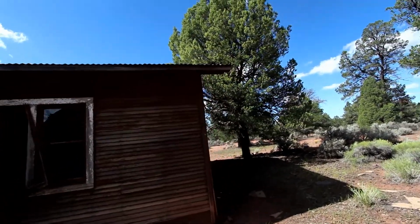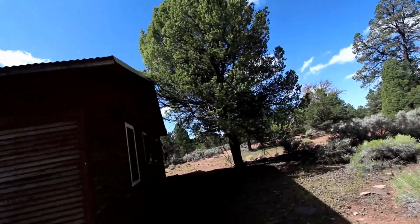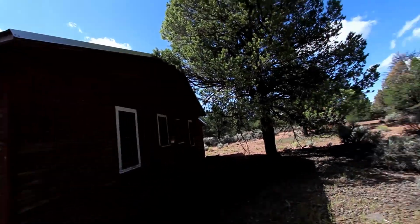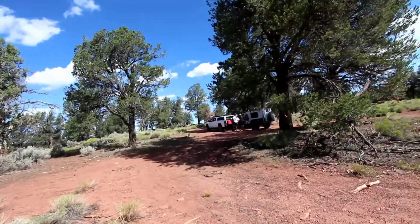Anyhow, there'll be some shadows and some light spots here. It is, like I say, approaching 10 o'clock. Nice old building. And then over here by the hiker,